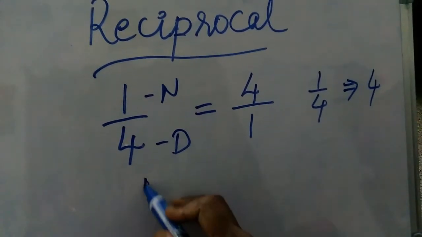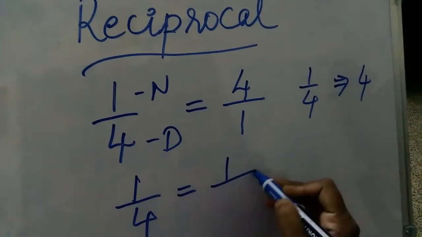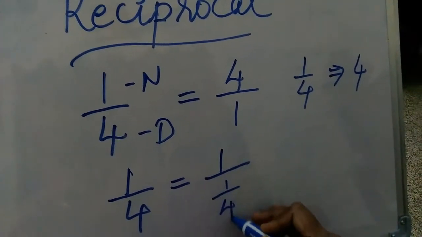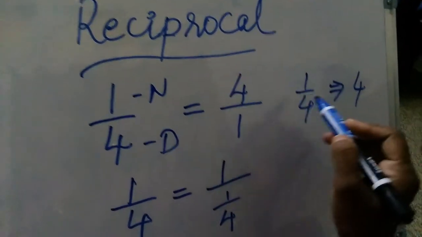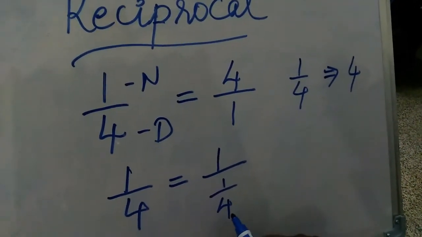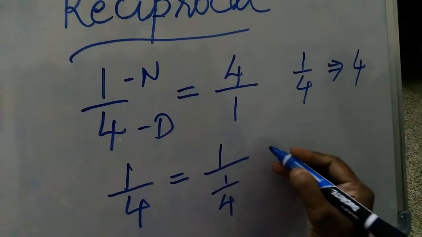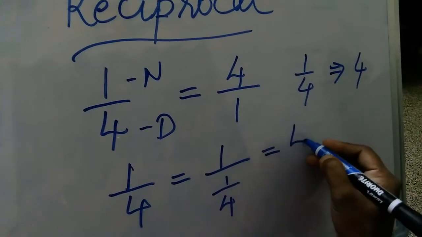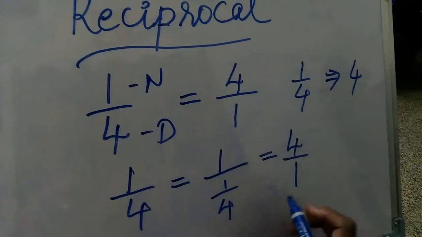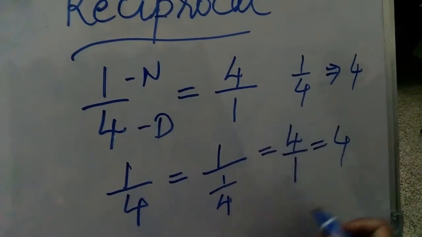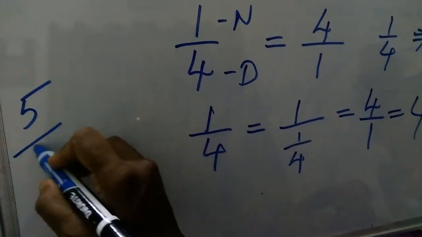In another way, we can say 1 upon 4 inverse. Inverse means 1 upon 4. This is the actual calculation. So, this is a simple way you can write the answer. Here this 4 is coming down, this will go upside. Then 1 will come, the denominator 1 will be there. That is 4. Another example, 5 upon 9.